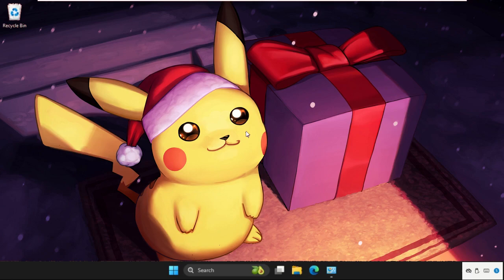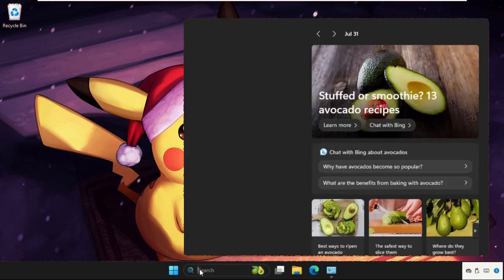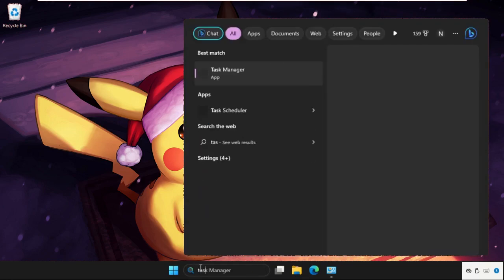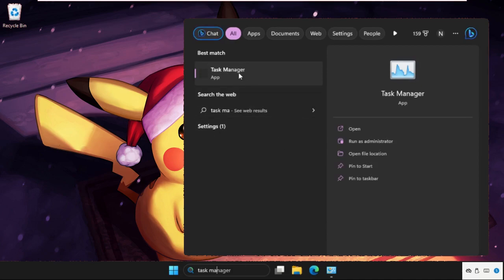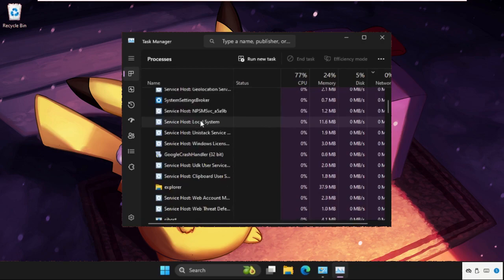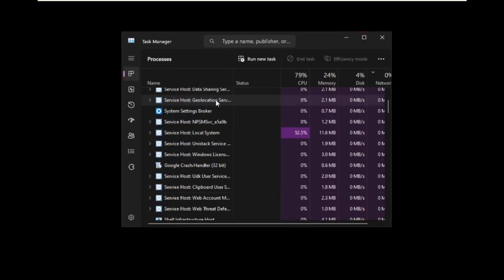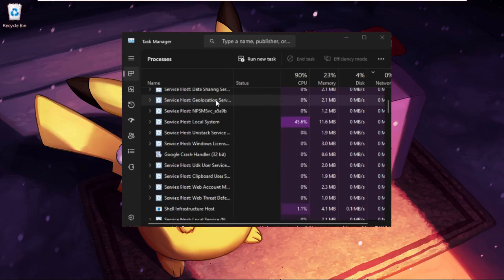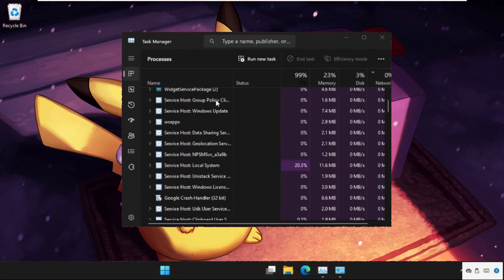So first of all, this is a two-method process, and in the first method we need to go to the search bar, type here Task Manager, then open it. Once we are here, we need to find the Windows Explorer. Simply right click on it and click on Restart. And once you do this, we need to wait for some time, around 30 seconds to 1 minute, to refresh